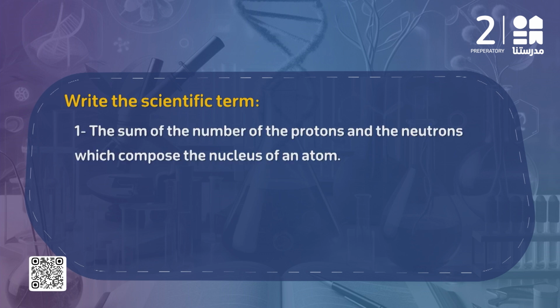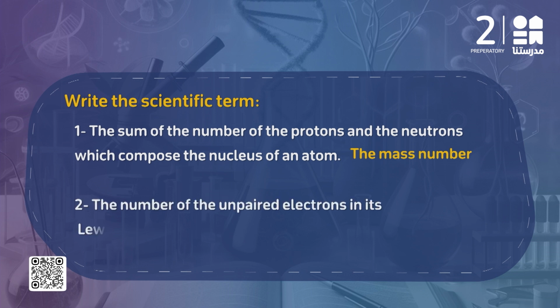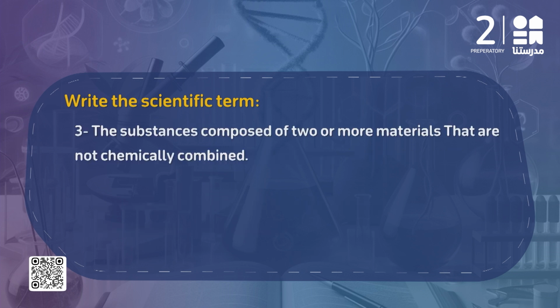In question number 1, you are asked the sum of the number of the protons and the neutrons which compose the nucleus of an atom. You have to remember that this is the definition of the mass number. Question number 2, you're asked about the number of the unpaired electrons in its lowest structure. And this is the valency of the element. Question number 3 tells you the substance is composed of 2 or more materials that are not chemically combined. And this is the